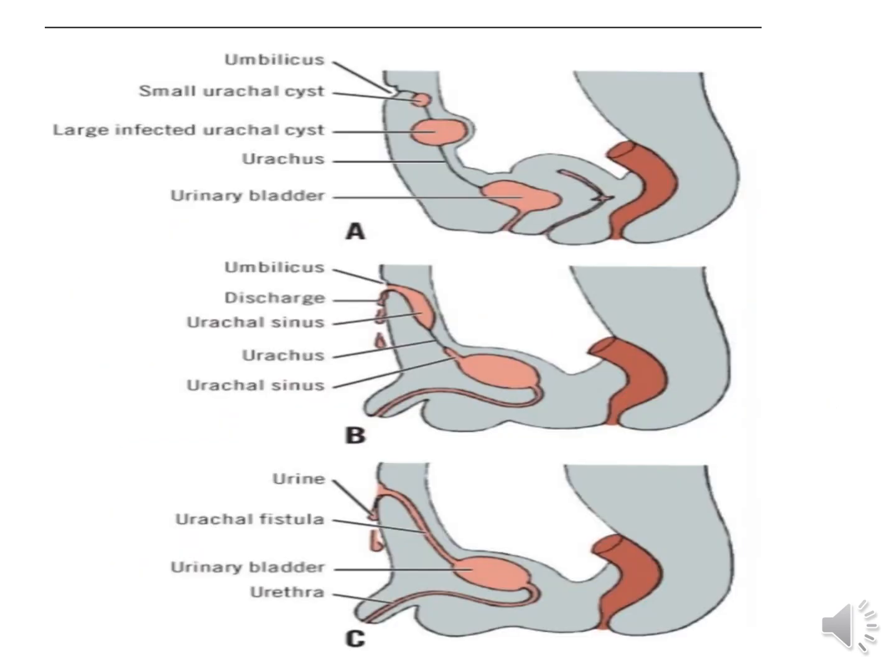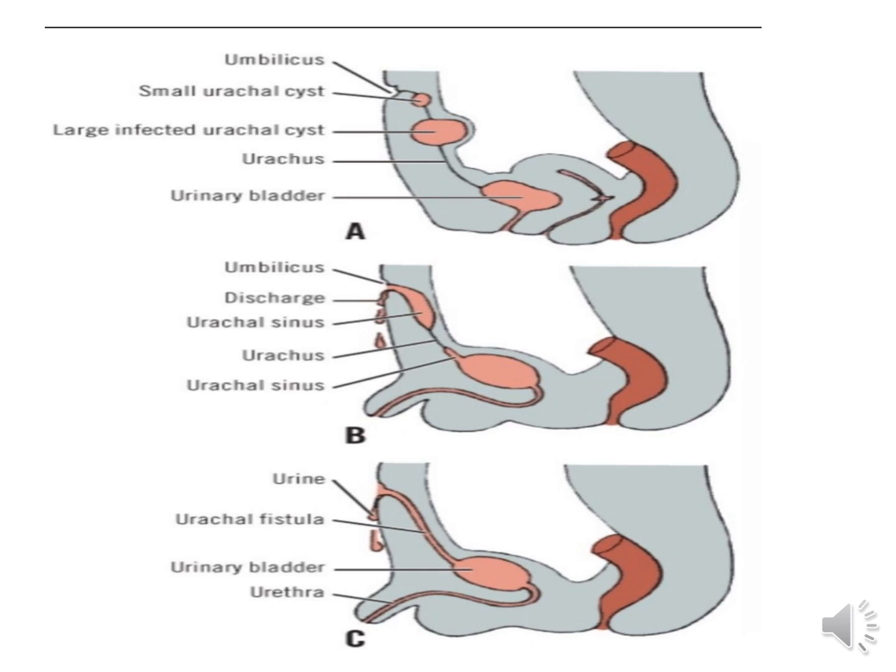So this picture shows the presence of different urachal abnormalities. In the first picture, there is a presence of urachal cyst. We have urinary bladder and the umbilicus. In between these two structures, there is a cavity which is called the urachal cyst. In the middle image, there is presence of urachal sinus, which is seen as a blind ending tract or pouch which is opening towards the umbilicus. So patients with this urachal sinus will present with discharging urine through the umbilicus.